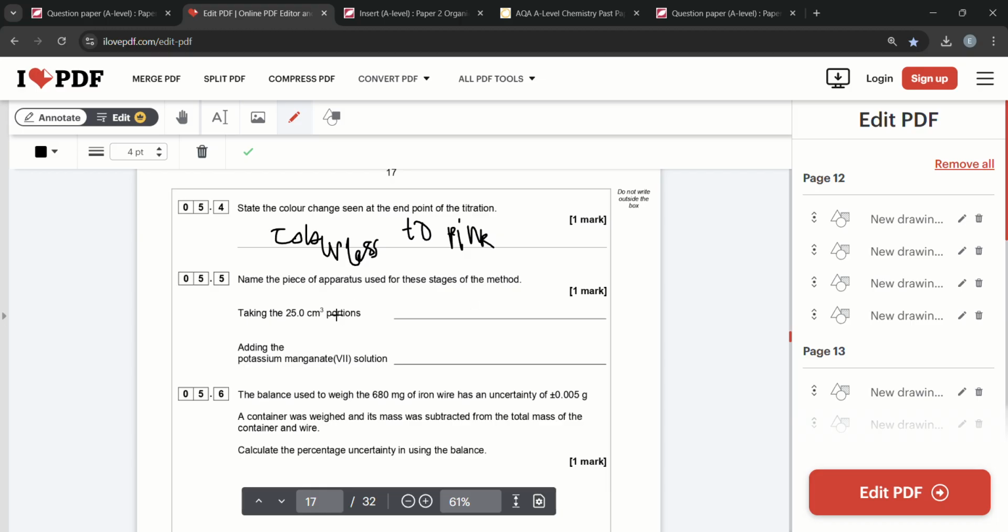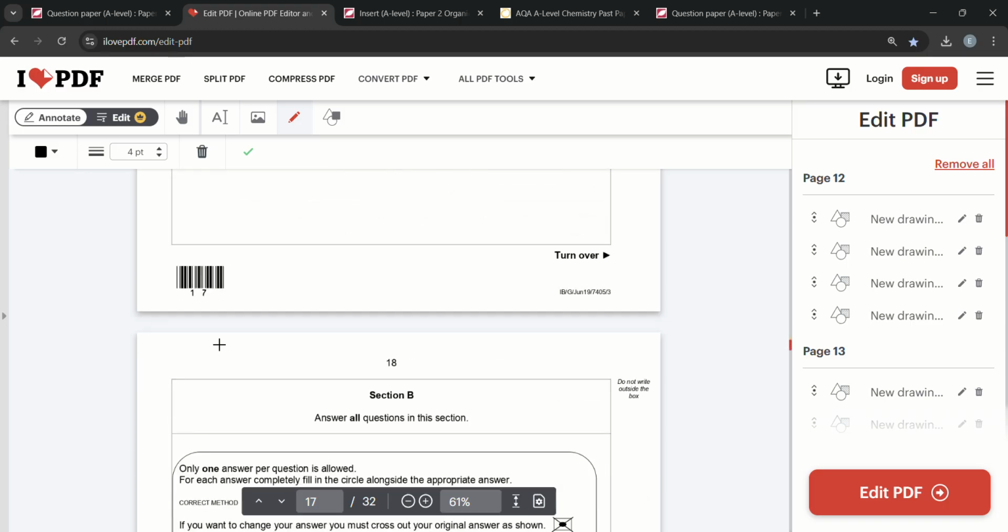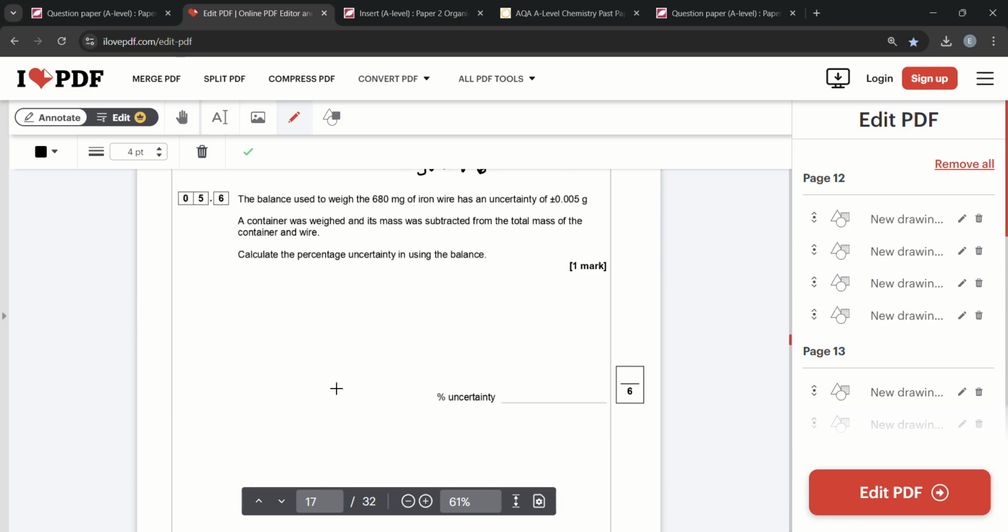A piece of apparatus used for these stages of the method: taking the portions, pipettes, and adding the potassium manganate solution, burette, because we can add it drop by drop. And the final question, a classic percentage uncertainty one. Now this one says balance used to a